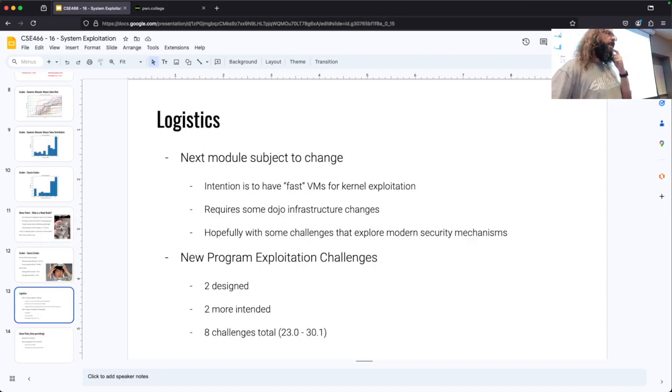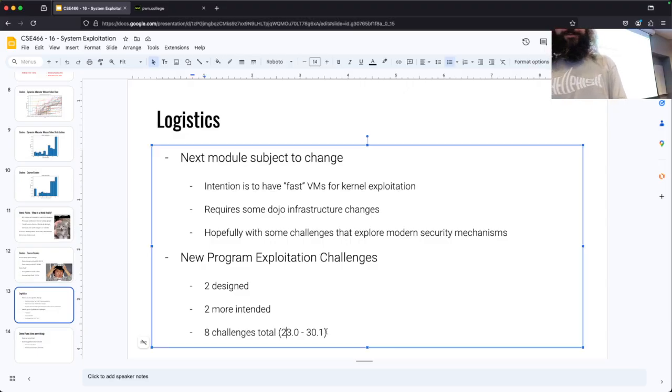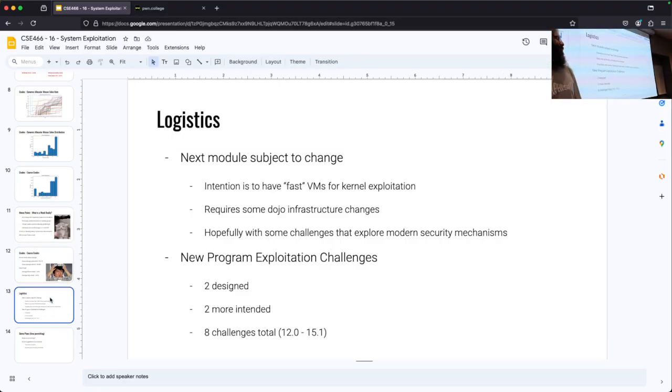What's up? The total number of challenges in program exploitation now is 11.0 to 11.1. Correct. It says 23.6. Ah, that's because 11 times 2 is 22. So that would be, what, 12.0 to, see if I can math, 19, 20, something like that. Right? Maybe 2, 4, no, it's going to be 4, 15. All right. It'd be cooler if I did that, right? But I don't think I can make that many interesting challenges by the end of this week.